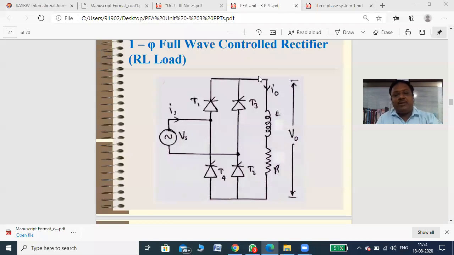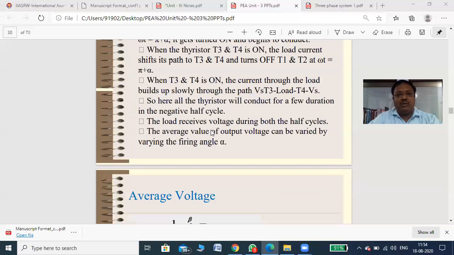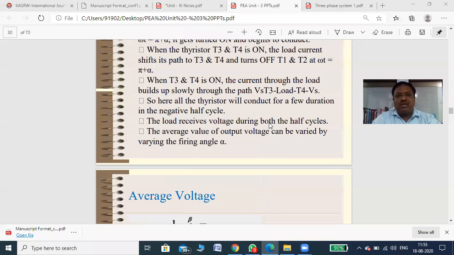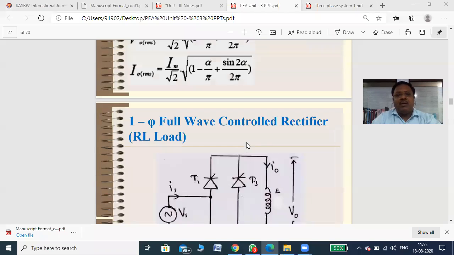Basically this rectifier works in two different operating modes. In this particular converter, if the firing angle alpha, for which I have given you the load equation, is 40 or 50 or 60, anything but below 90, then you will get the output voltage V0 positive. But if alpha is greater than 90, then definitely the output V0 is negative. It means that the energy is delivered from load to source side, so your converter works as an inverter.